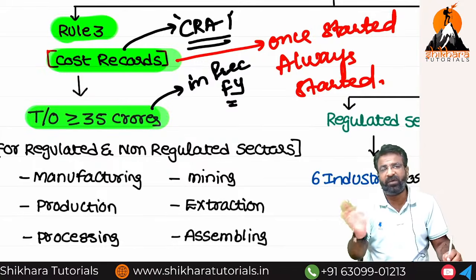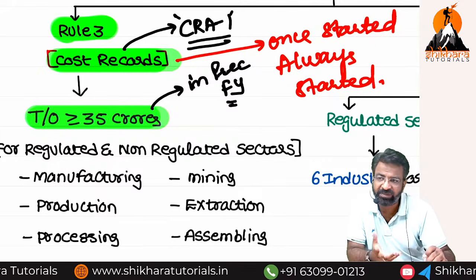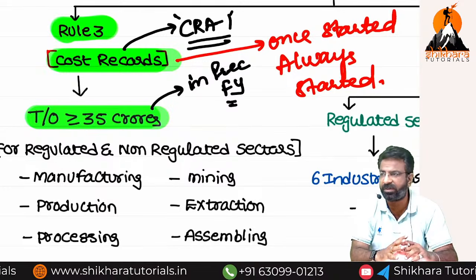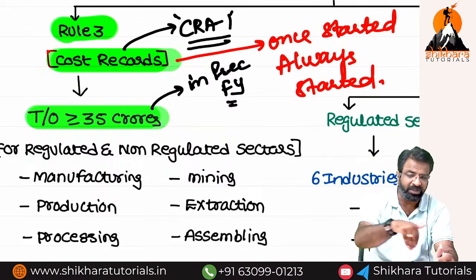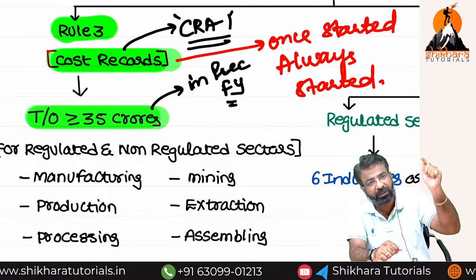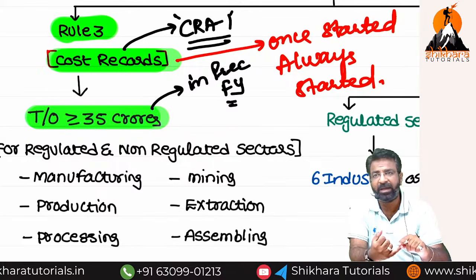Suppose 25-26 ka my turnover is 57 crores. What is my turnover? 57 crores. So tell me, in 26-27, do I have to start maintaining cost records? Yes. But 26-27 ka turnover is 25 crores. Do I have to still maintain it in 27-28? Yes. So once applicable, it is